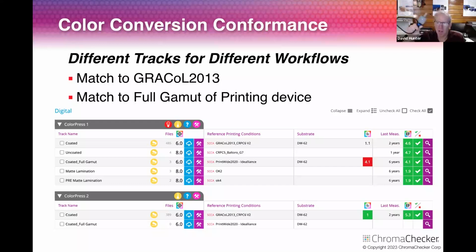We work with third-party data loggers, but we built our own because we felt too many were too expensive. This plugs into the USB port of your computer, uploads temperature and humidity for each different print process. And if the humidity exceeds the tolerance set for, let's say, Canon Arizona, an email goes to the HVAC guy in your plant saying, hey, check the Arizona room. It looks like the humidity's off. So again, making everybody in that shop accountable for the parts they're responsible for to keep the color in